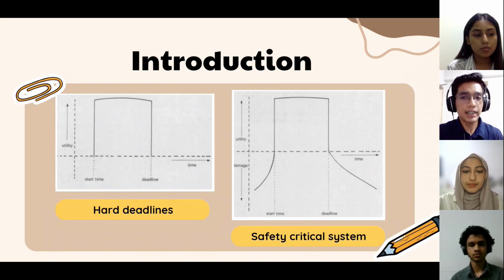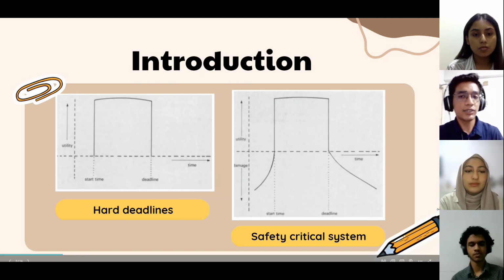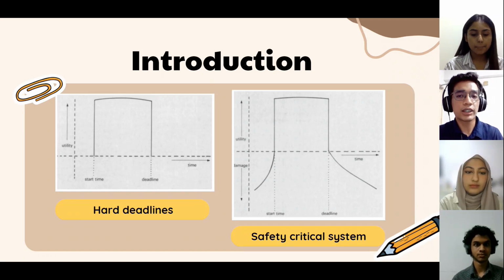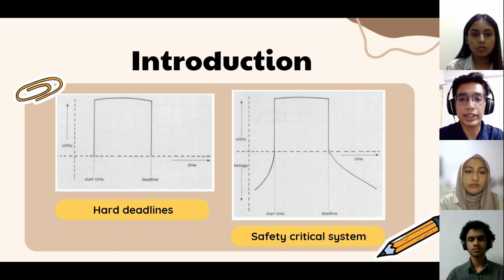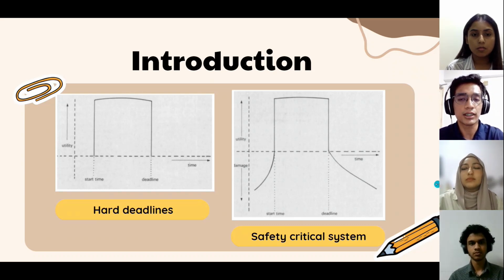So we can see that in a real-time system, the deadline is very important, especially when you have things like hard deadlines. And in a different system, something like a safety-critical system, not only does the result no longer have any utility if it passes the deadline, but it can also cause damage to the system in a lot of very time-focused scenarios, like let's say in an air traffic control system. So now that we have an idea about deadlines, let's see how that applies to our particular paper.